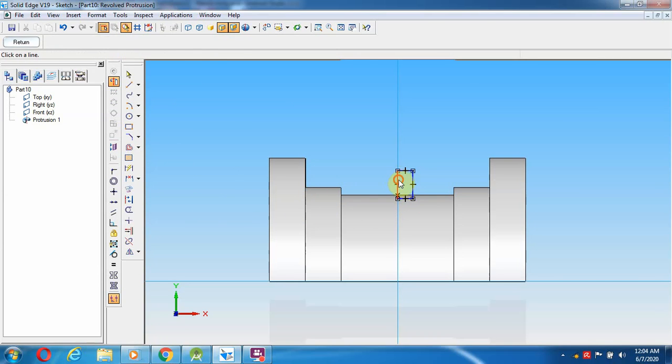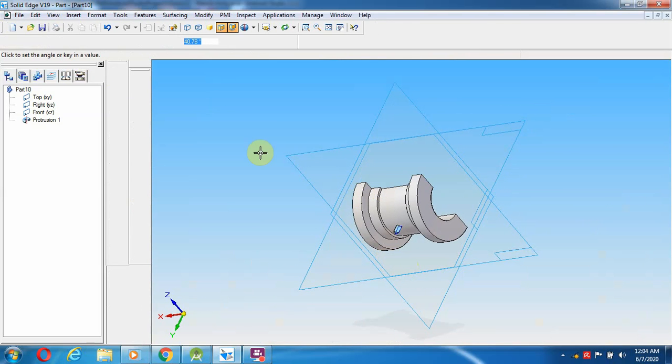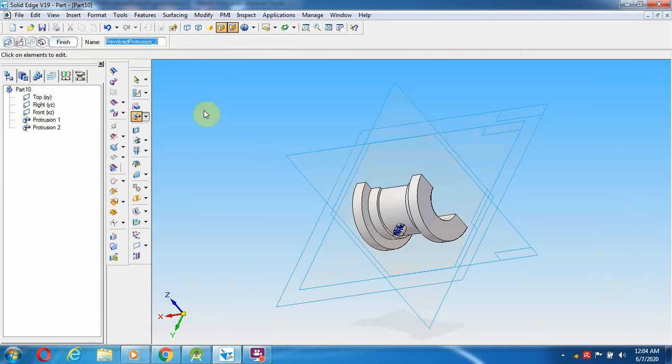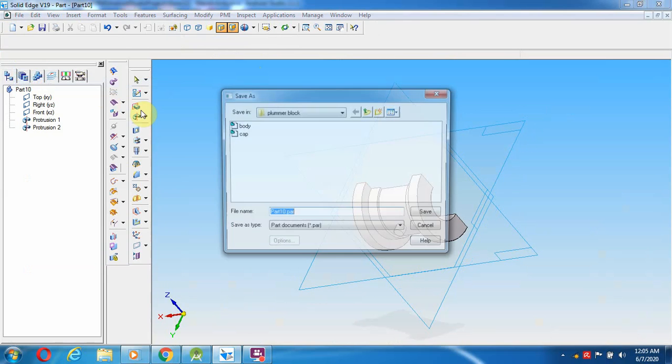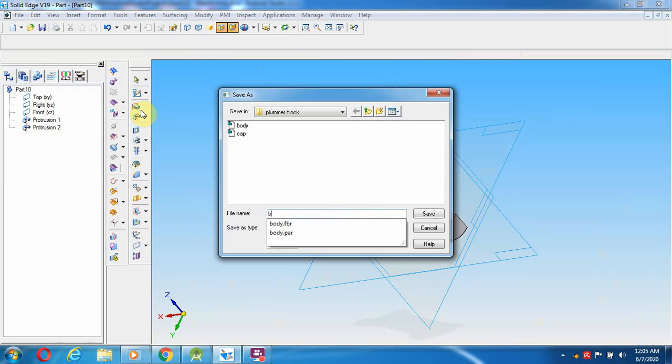Then for the axis of revolution, I select this line and give return, 360. Okay, left and right click. So the bearing bottom off has to be ready. Bearing bottom off.